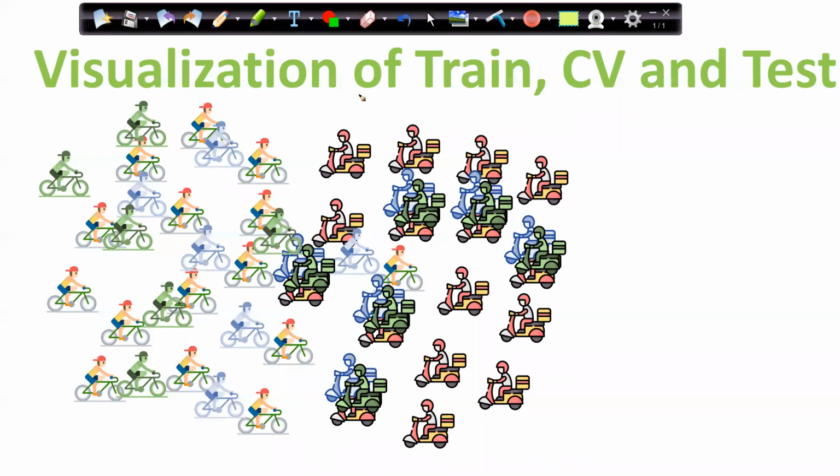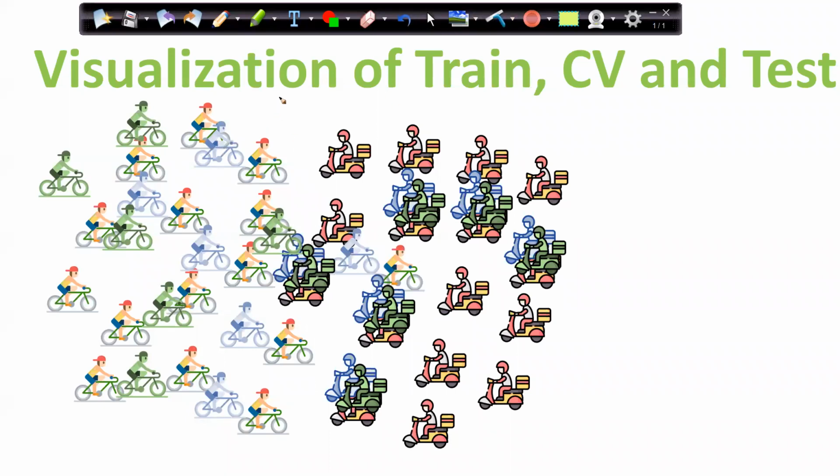But suppose I am going with an overfitting model, which is something like this. Here is one scooter, something like this. So here every data point is impacting. My cross validation data is also impacting. Here the green scooters, this scooter looks like an outlier, but for bicycle there is no outlier, right? So if some scooter comes here, it will be predicted as bicycle, which is wrong.